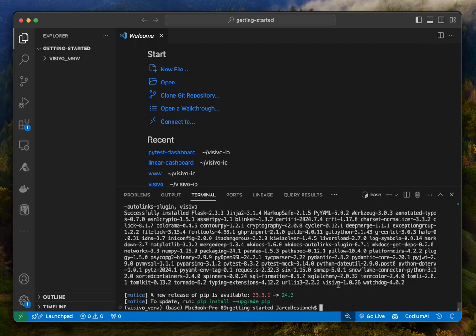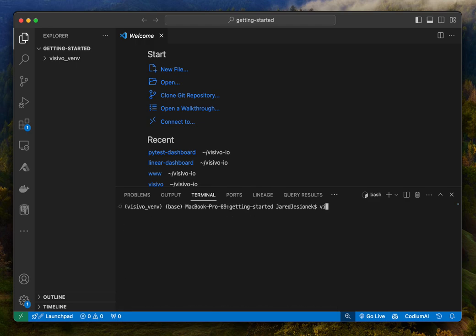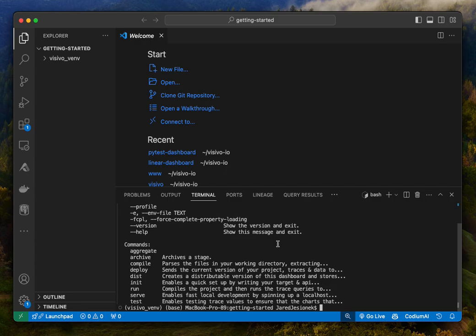Cool. So now we're able to run the Visivo command line. So clear that out, and now we have access to Visivo through the command line, and you can see all of the commands that we have available to us here. And we'll get into a couple of what these do later, particularly init and serve. So teeing off here with init,